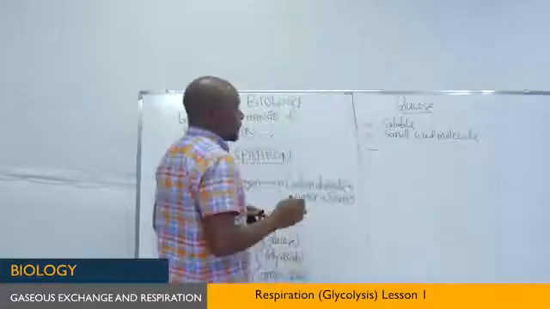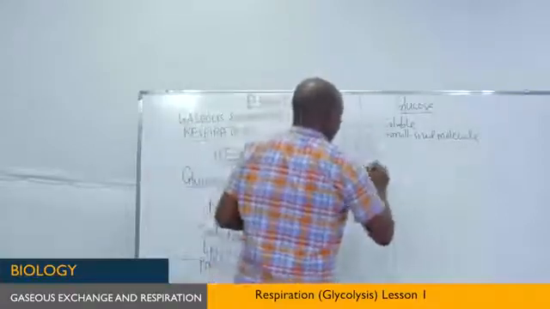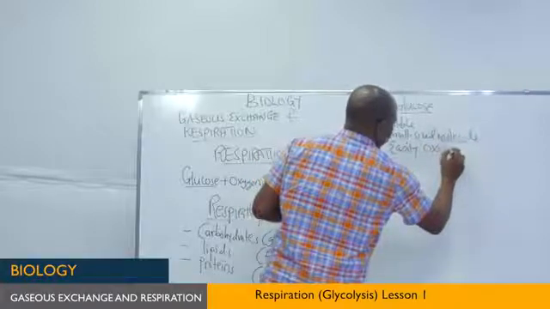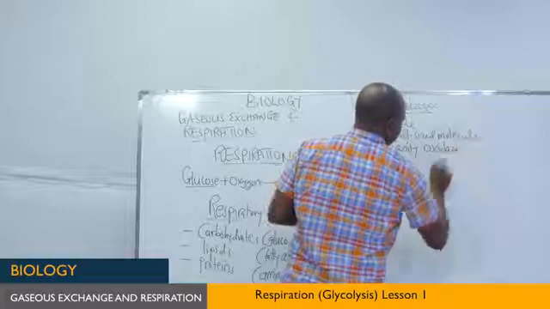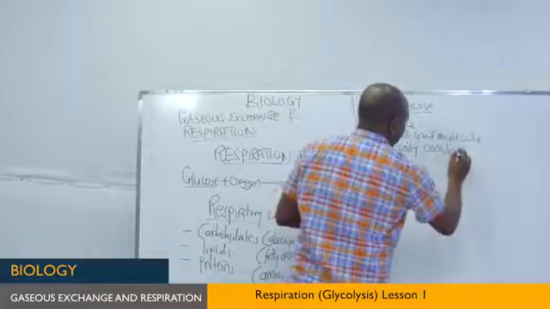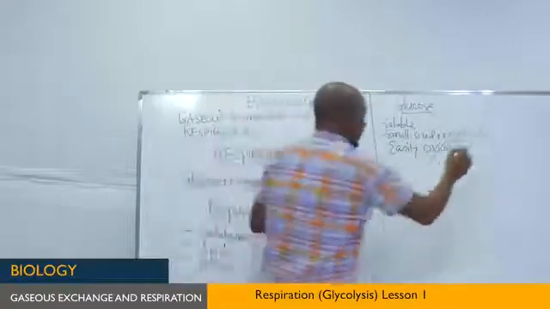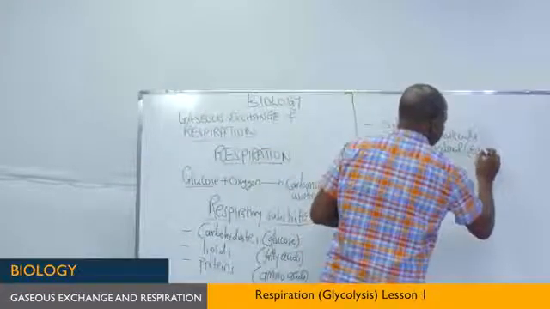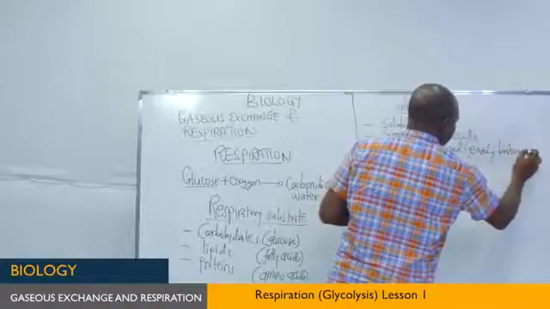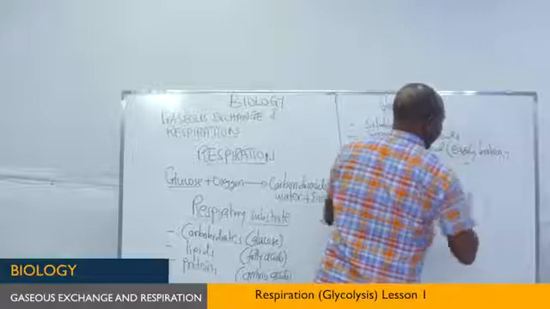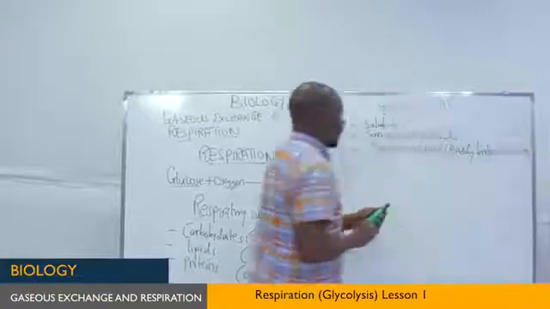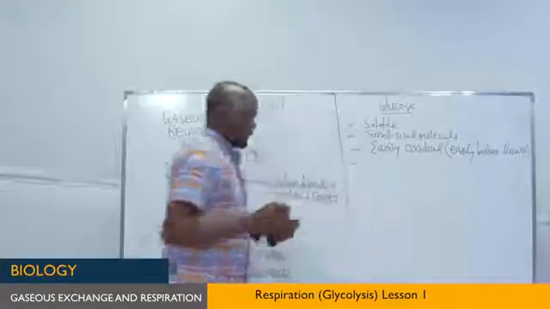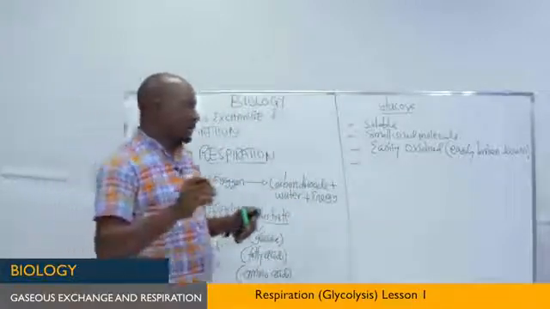Another reason is that glucose is easily oxidized. It is easily oxidized, meaning that it is easily broken down, compared to the other respiratory substrates. Glucose can be respired in both presence or absence of oxygen,